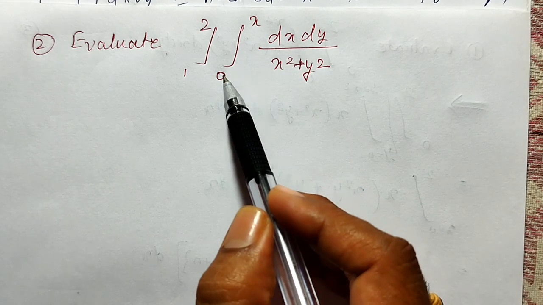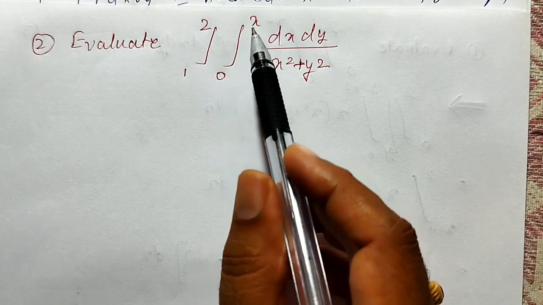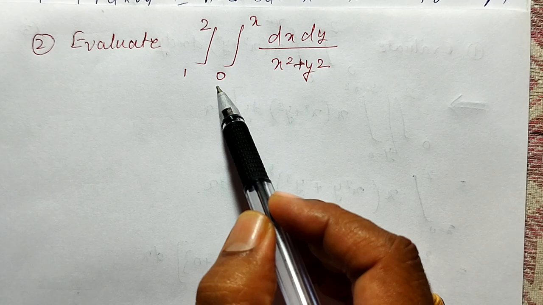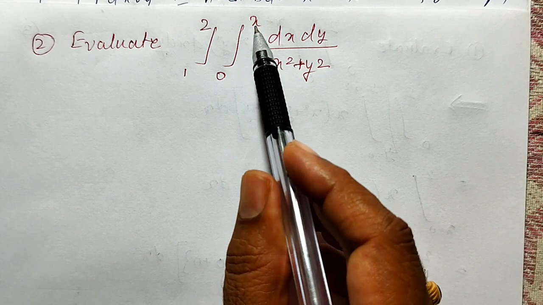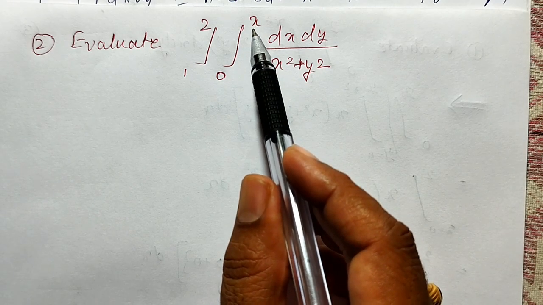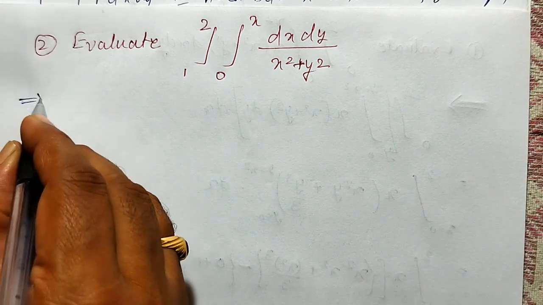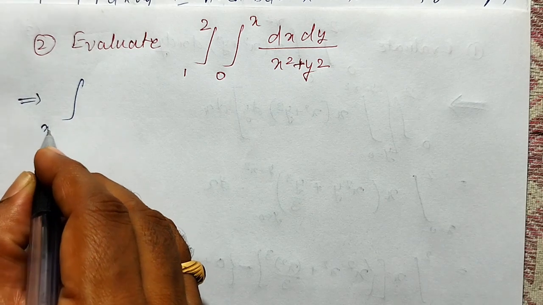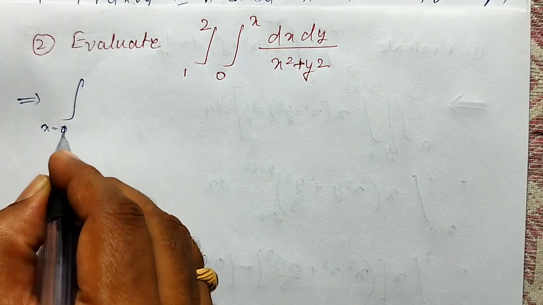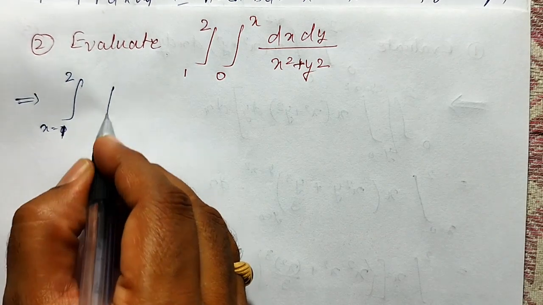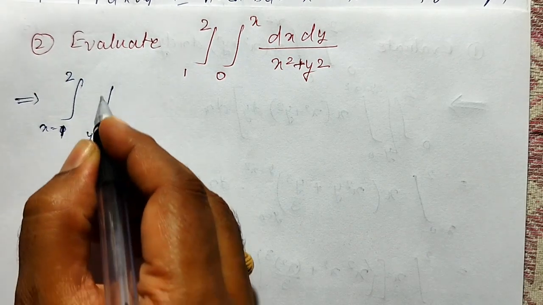Because we have to check the limits first, the inner limits. It is from 0 to x, meaning the limit is from y equal to 0 to y equal to x. Therefore, you have to integrate first with respect to y. I will rewrite this as the integration from x equal to 1 to 2 and the integration from y equal to 0 to y